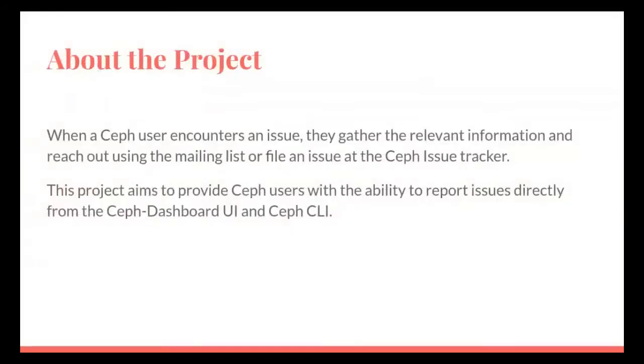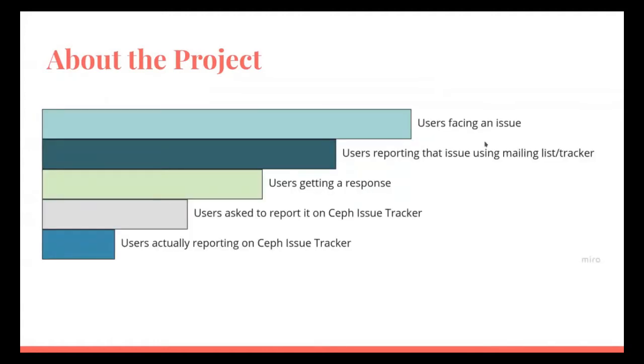The problem statement was that when a Ceph user encounters an issue, they gather all the relevant information and reach out to the developers using either the mailing list or they file an issue with the Ceph issue tracker. The problem with this approach is that out of the users facing this issue, some of them opt out of reporting it due to inconvenience, and out of the users that do report the issue, not all of them get